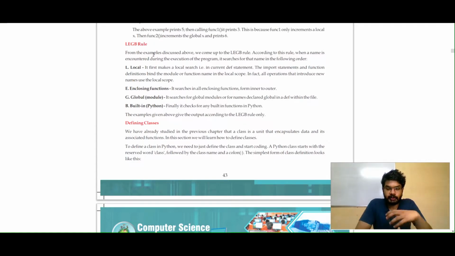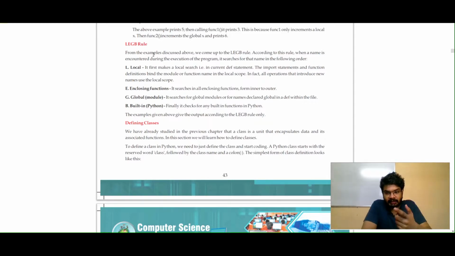As soon as a program starts to execute and a function needs to utilize a particular value, it will first check within its local scope. That is, locally within the function, whether that particular variable is available and has a value. If it has, it will utilize that first.